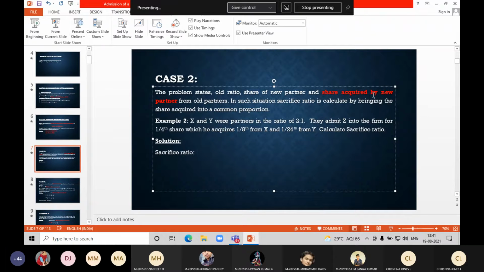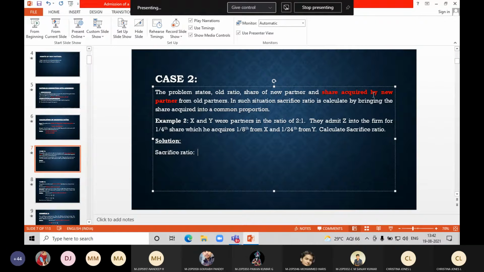Say for example, Sanjay and Dhruv are partners. Sanjay had 10 chocolates and Dhruv had 15 chocolates. Then a new guy called John gets into the business, and they say Sanjay gave away 3 chocolates and Dhruv gave away 5 chocolates. So how much is John going to have here? 8 chocolates.